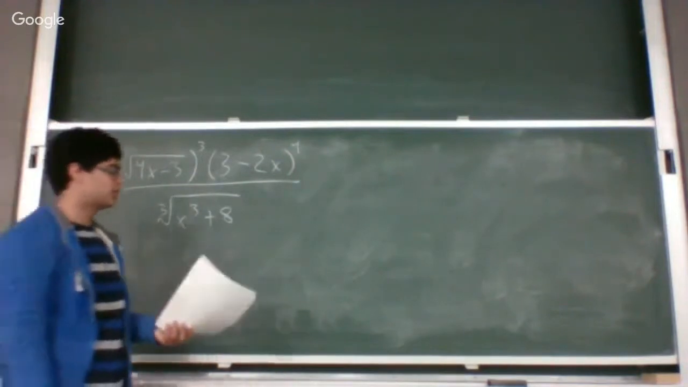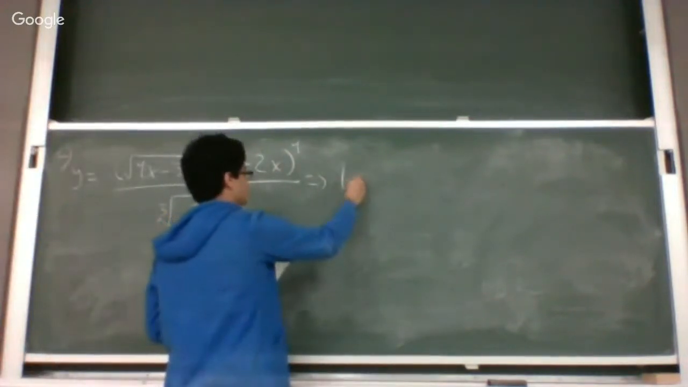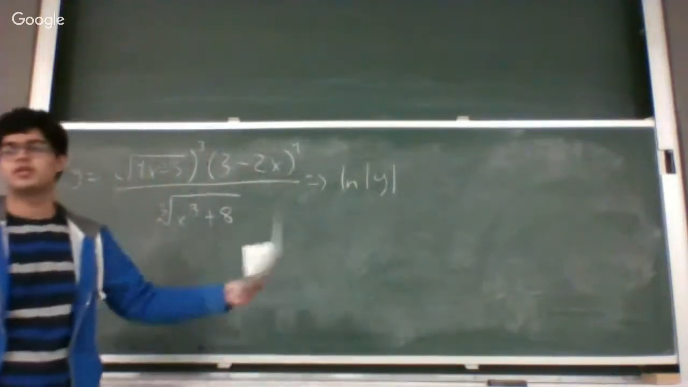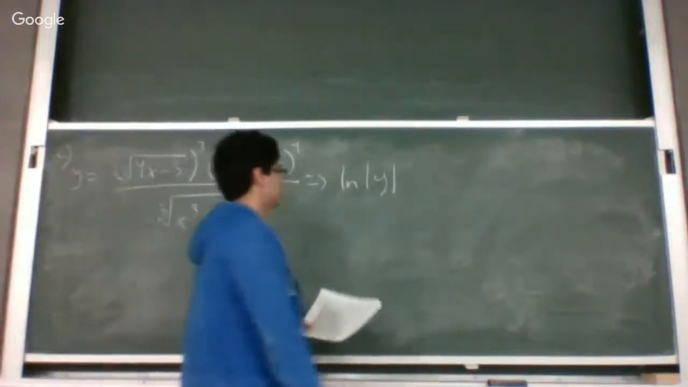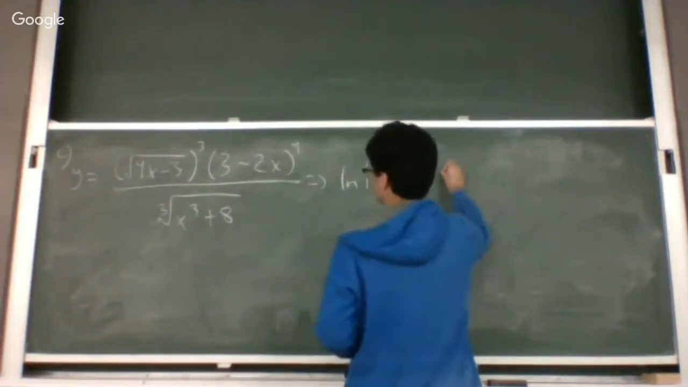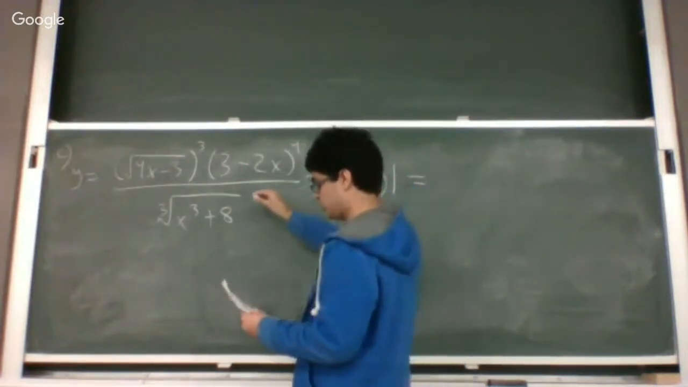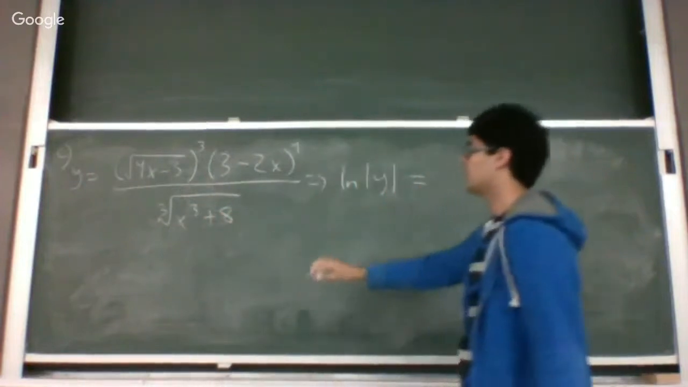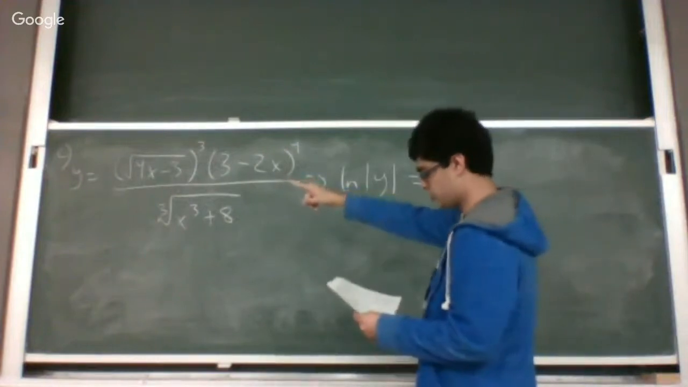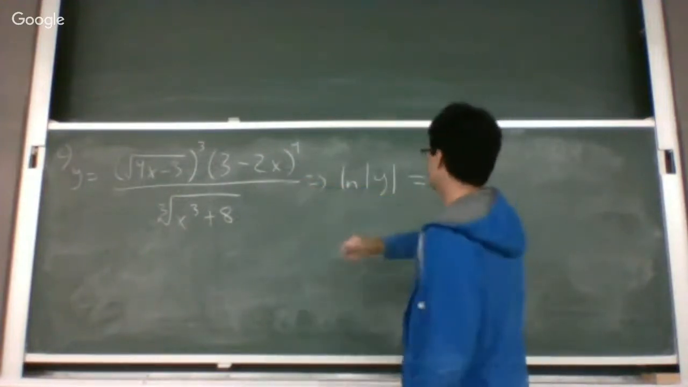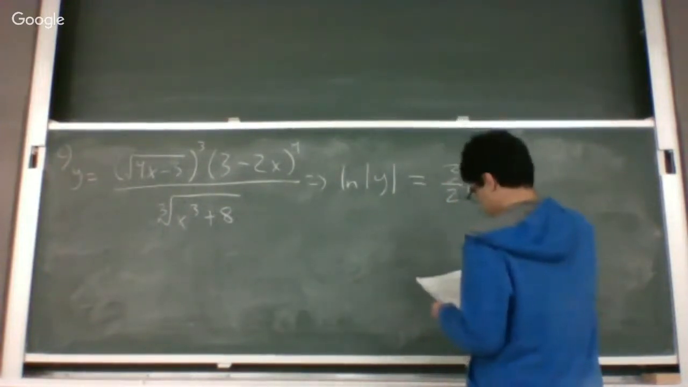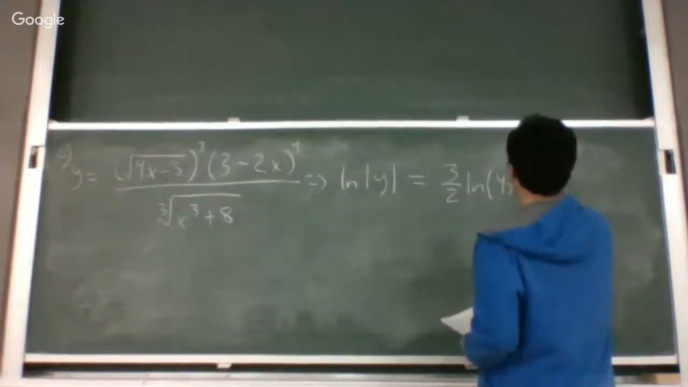Natural log of both sides. So since natural log can never be negative, we want to show absolute value signs. So the natural log of the absolute value of y equal to, if we're to take the natural log of this whole function, we can just rewrite it being simplified as we go. So since that is cubed, and square rooted, we can bring out 3/2 times the natural log of 4x minus 3